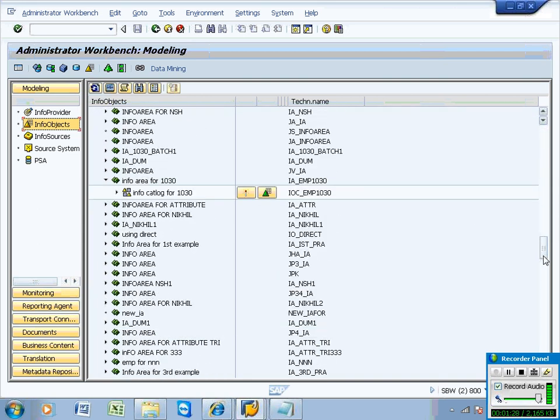Tomorrow I will discuss info queue. Then in the next class I will discuss ODS and info queue. Meanwhile, you can go to ODS and info queue, and you have ODS and ODS type. Now I don't discuss ODS type. In 7.x I will discuss ODS type. We have info queues and info queue type. I will discuss going forward.